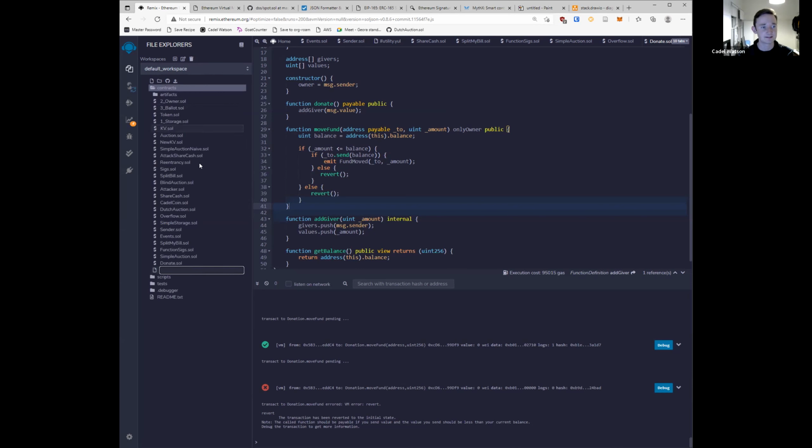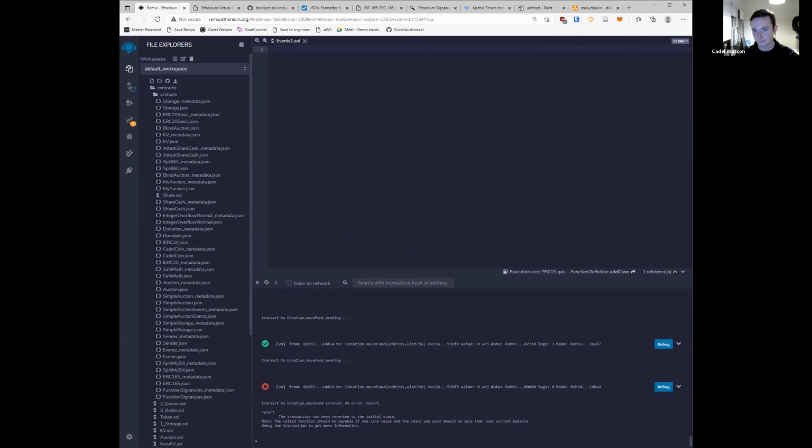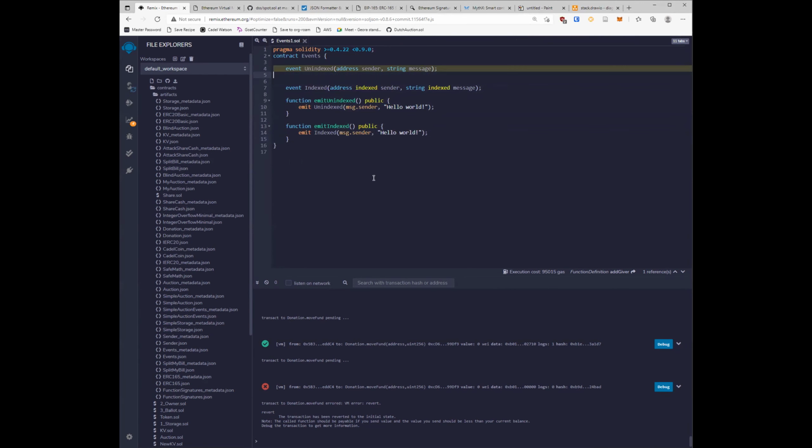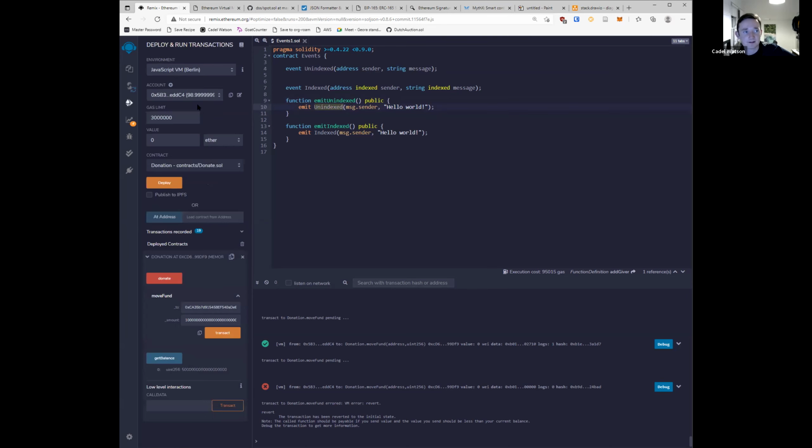And so what I'm going to do is a super simple contract, which I'll just call events.sol, and it will look like this. So the first event here is called unindexed, and this is like the ones we've seen before. This event takes in 2 arguments, a sender and a message. The sender is the address of whoever sent the message, and the message is hello world. So if I call this emit unindexed function, I should see in my logs 1 log, which is the unindexed event with this data. Right, and I can compile,